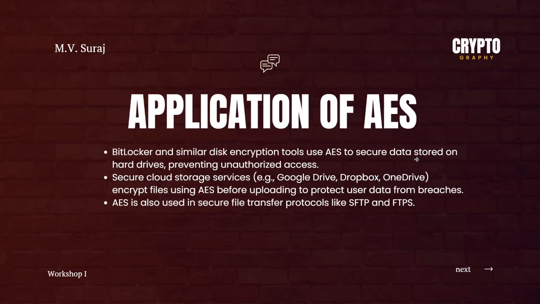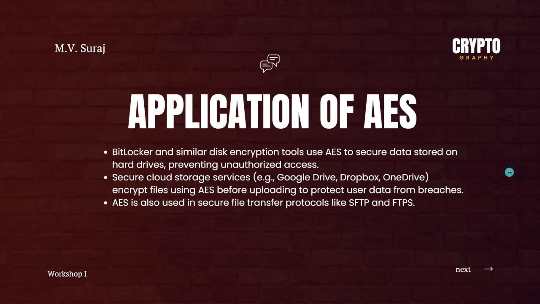BitLocker and similar disk encryption tools use AES to secure data stored on hard drives, preventing unauthorized access. Secure cloud storage services such as Google Drive, Dropbox, OneDrive encrypt files using AES before uploading to protect user data from breaches. AES is also used in secure file transfer protocols like